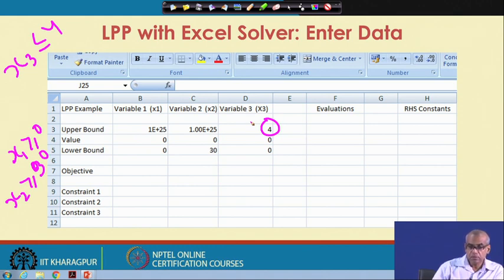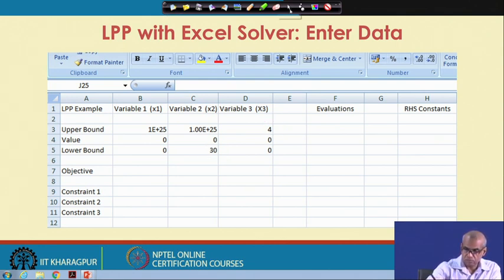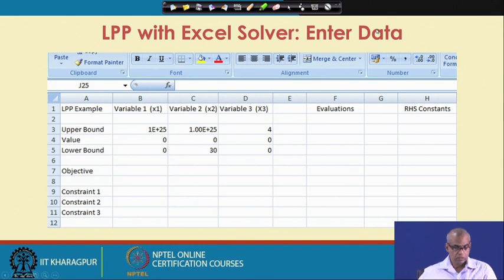You can supply the initial guess for values variable x 1, x 2, x 3 all as 0. If you keep blank, it will be taken 0. And the lower bound of x 2 is greater or equal to 30. So, lower bound of x 2 is 30. No lower bound for x 1 and x 3 is given. So, we consider non-negative values for the variables and consider x 1 and x 3 have lower values as 0. So, I have now put the values.